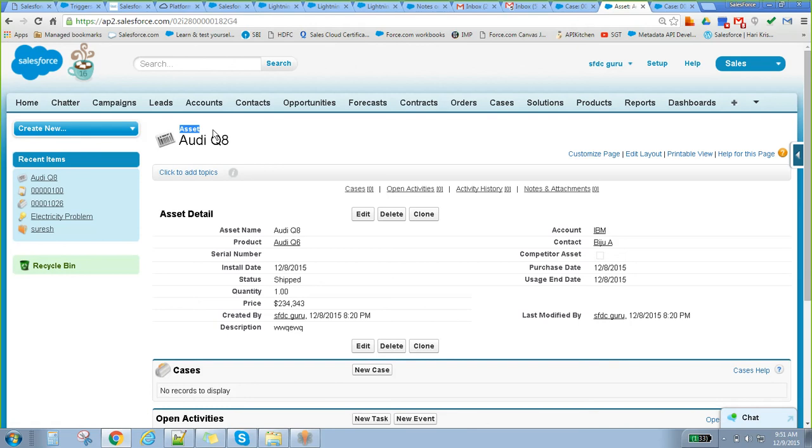So are you clear with the record type and page layout assignment? That one I think you have to practice, right? Record type, page layout, sales process, changing the price value. I have to practice that. I'm trying to complete all those. Up to product detail I have done, but I never got time today. Okay, fine. Anyhow, just practice it.